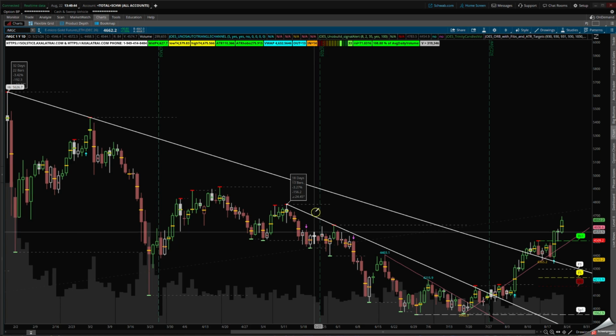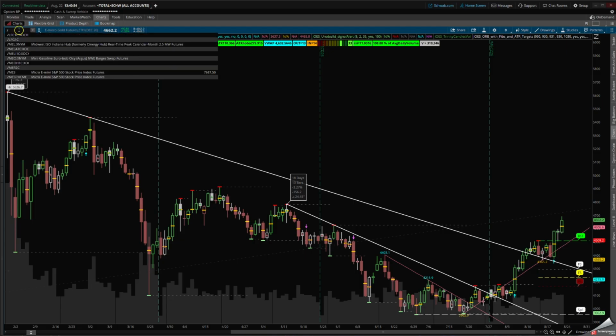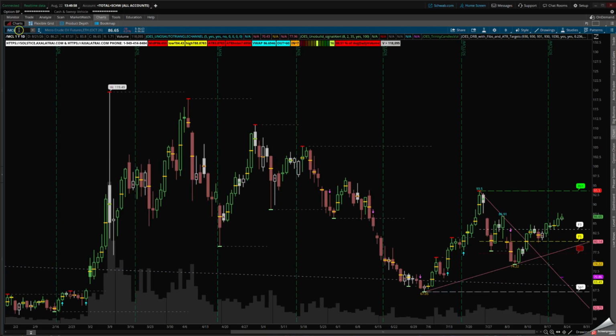So we have to pay attention to this area up here if price of crude oil comes back in and breaks through that downtrend channel. I mean, sorry, this is on gold. Sorry, I said crude. Let's go to micro CL. My fault. Micro CL, you can see the push down, the rally up. We were in a symmetrical triangle.